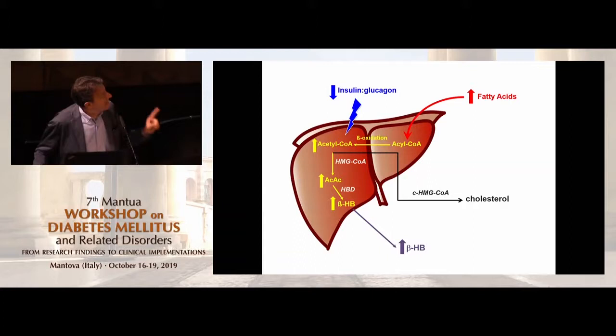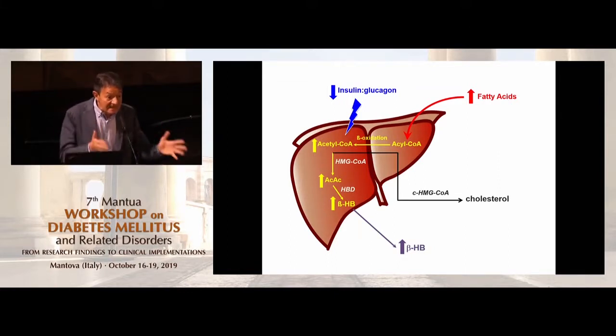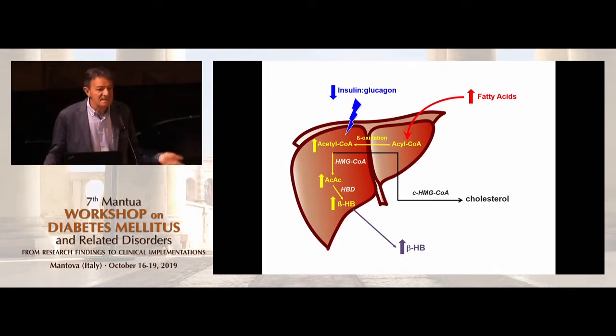So once again, the excess acetyl-CoA can also be disposed through the cytosolic form of the enzyme to actually make mevalonate, which is the first step in the synthesis of cholesterol. And this may explain why in the phase 3 studies and the trials of the SGLT2 inhibitors, it has been invariably found that the circulating levels of LDL cholesterol are actually slightly increased. And this was initially thought to be a bad signal for cardiovascular disease, but this idea has now been obviously dismissed.